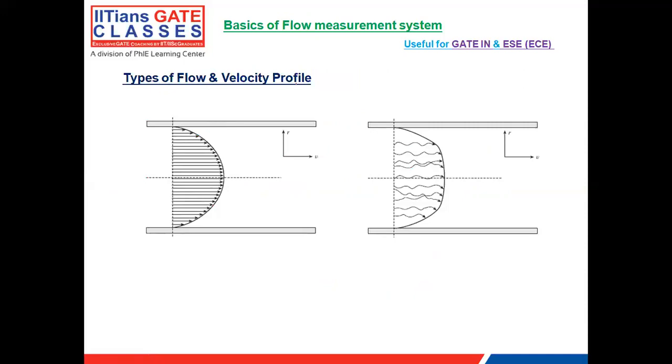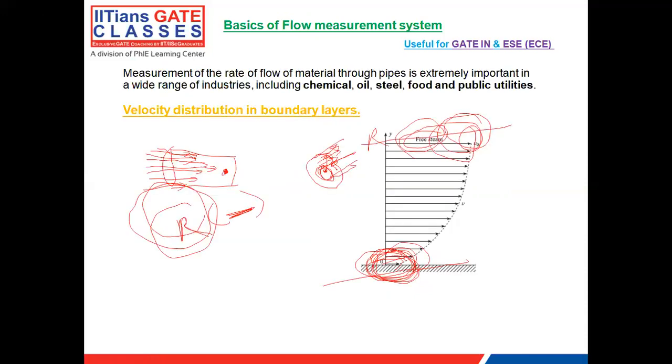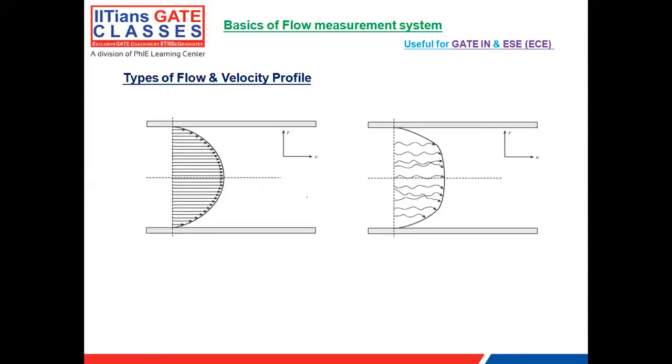So this is type of velocity and the fluid profile. In the previous slide here, I have shown that the fluid profile is like that. Now the same pipe, if the fluid is flowing in the straight way, means one layer is not interacting with the other layer. Both are flowing in their own path with their own velocity. As I already told, velocity of the different layers are different. At boundary layers, near to the boundary, the velocity is different. In the center, velocity is maximum, means different, right?